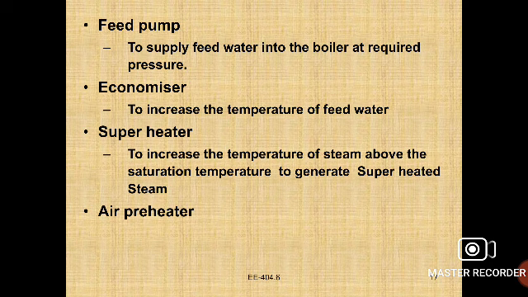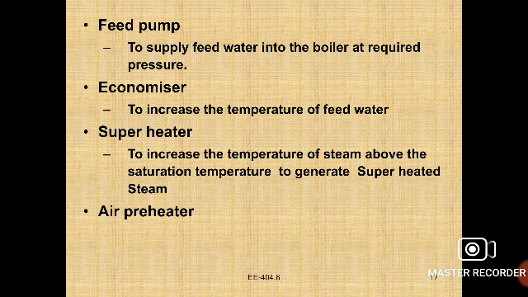We are always supplying the water into the boiler with the help of natural circulation or forced circulation. Here the economizer is also provided to increase the temperature of the feed water while we are supplying it. In the boiler, the water will be completely heated, so it will take some amount of time to heat the maximum amount of water inside the boiler. That is the main reason we are supplying hot water into the boiler. So that is the main thing.